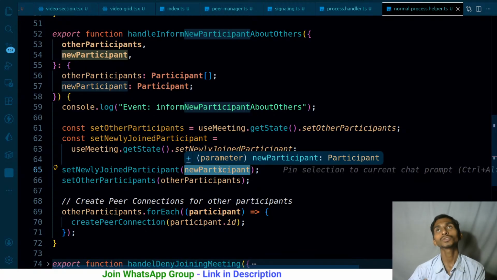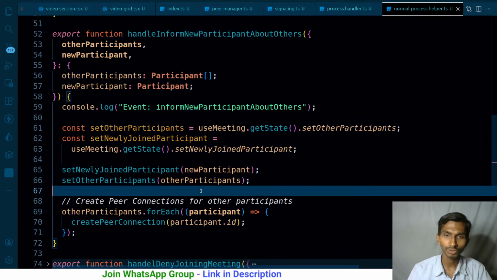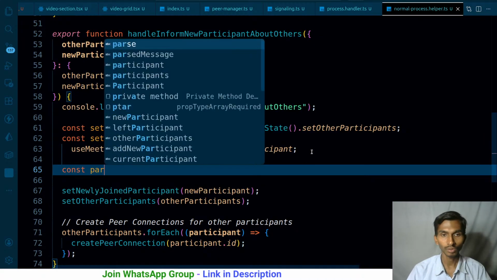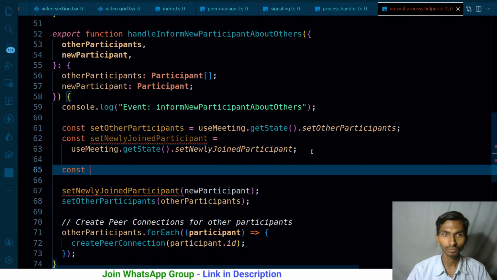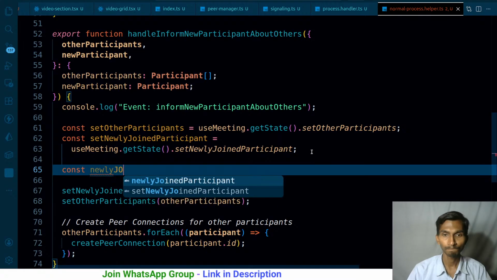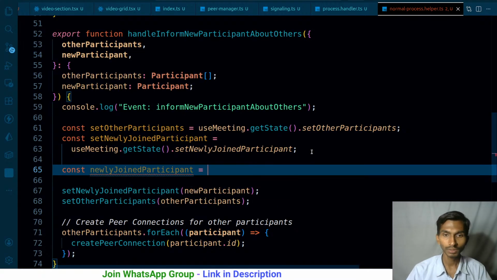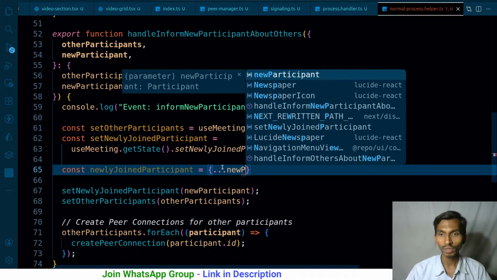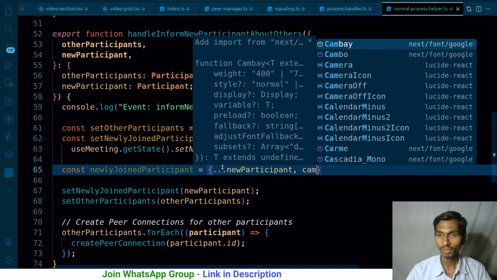Newly joined participant, in the sense, could be the current participant as well, and apart from this I have other participants, so I have to add the properties here as well. Meaning const newly joined participant is going to be equal to dot dot dot new participant and